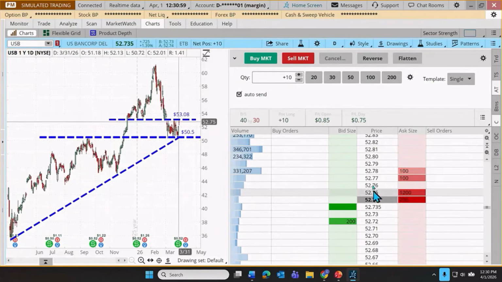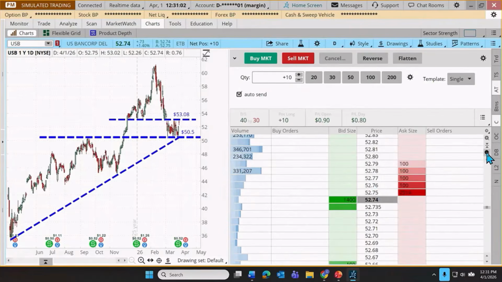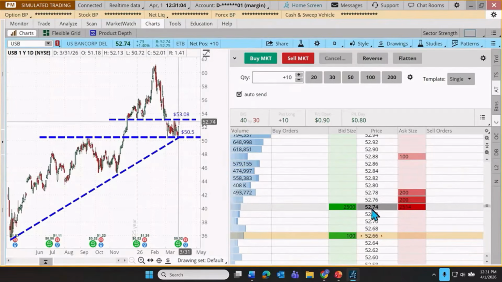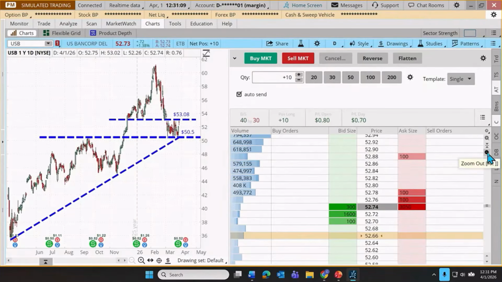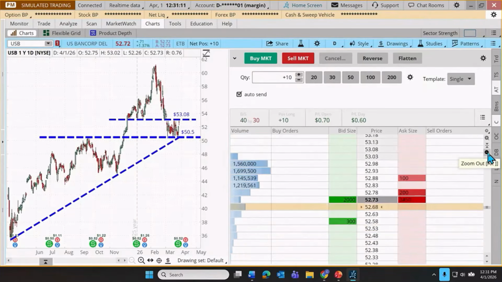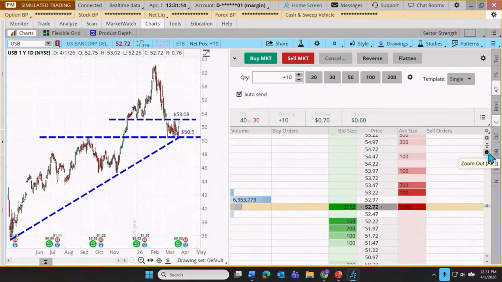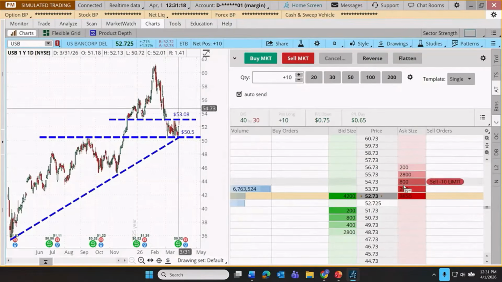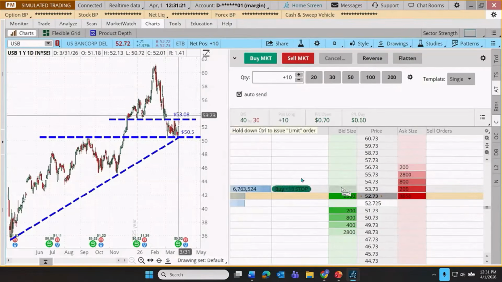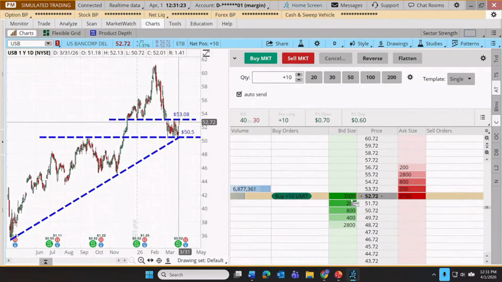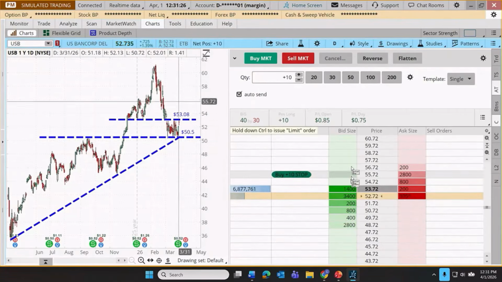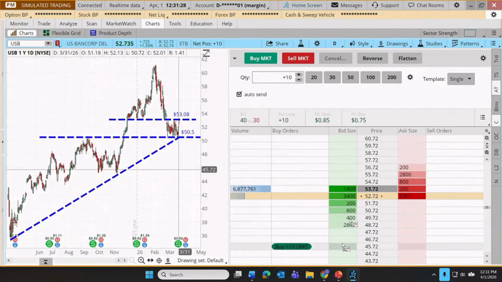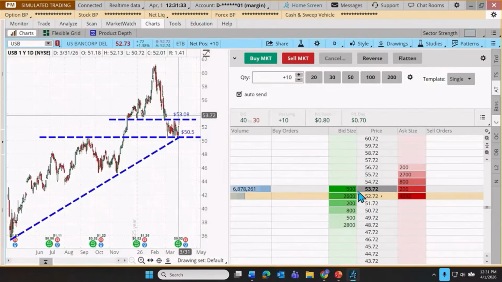And as I do, it's going to change these increments from just a penny to, first of all, 2 pennies. So now we're looking at 52.74 up to 52.76 and so on. If I click on it again, it's going to go to 5 cents. Again, it's going to go to 25 cents. Again, 50 cents. And then finally, it'll go to $1. So now, if I'm looking to, let's say, place stop orders above the current price or limit orders below, I can just go to the price that I was interested in and click on it.